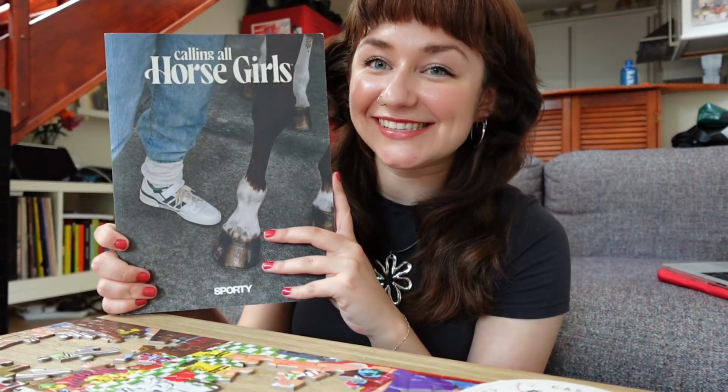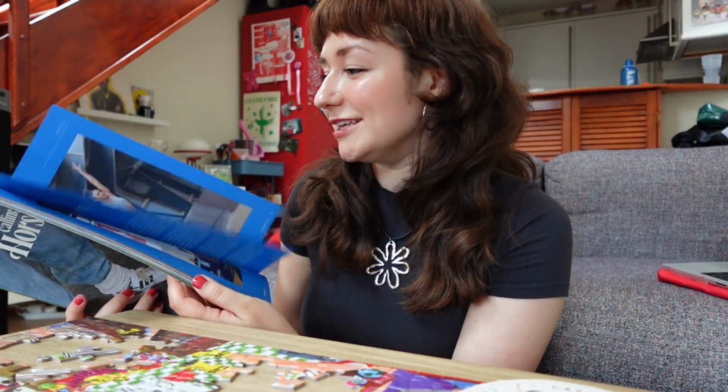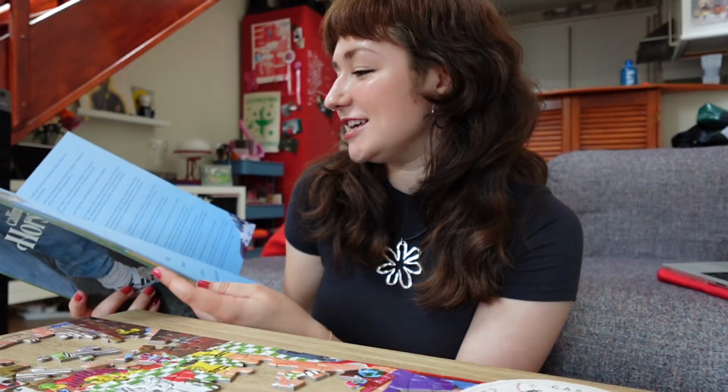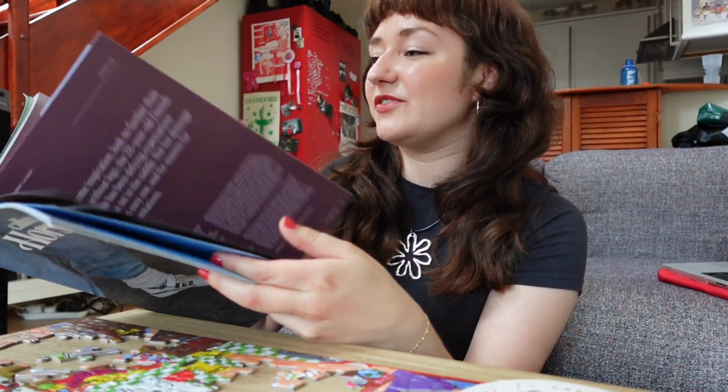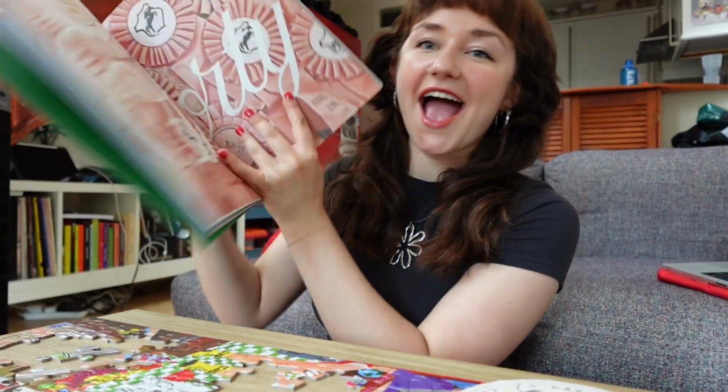And I found this, Calling All Horse Girls. What a cute concept. It's all girly pop equestrian stuff, and they have a bunch of cool interviews with really successful and cool equestrians, and it's all very stylized and fashion-y as well. And what really caught my eye is one of the first pages that I opened up to was...